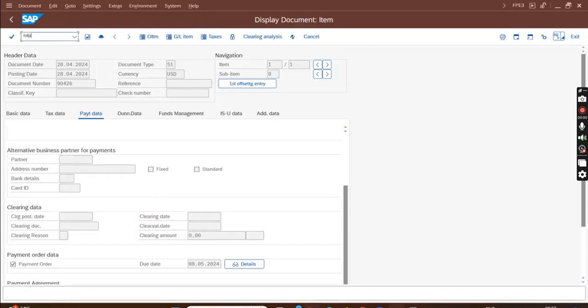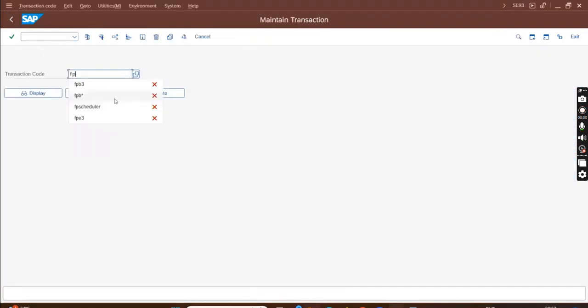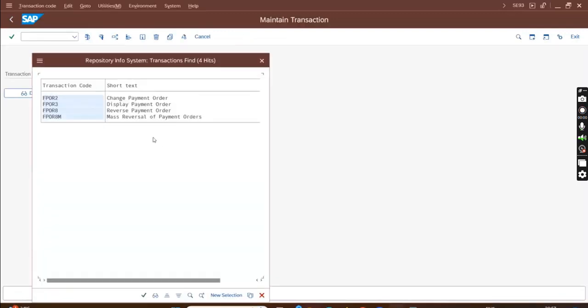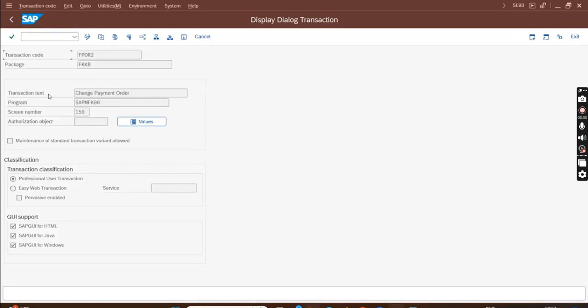/o FPORD, FPORD2, hang on, SC93, FPOR, I think FPOR 1234 like that. Yeah, reverse payment order. Okay, so first I'll show the change one, FPOR3, FPOR2. So here it says okay, that